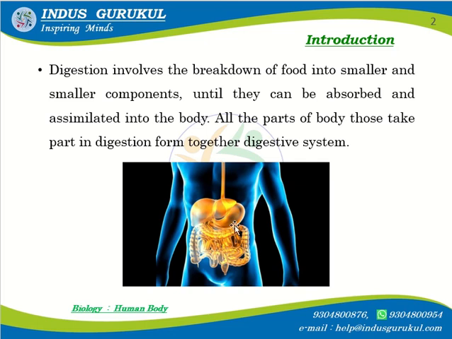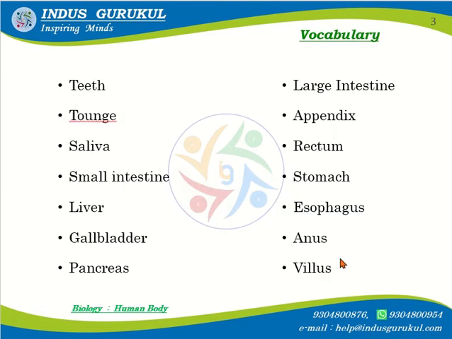It's half the part of it, where the chemical process takes place. You can see the esophagus, liver, the stomach, the intestines, the colon and the rectum. So let's proceed further to understand the different parts which are involved in this system. You can see teeth, tongue, saliva, intestines, large and small, liver, gallbladder, pancreas, appendix, rectum, stomach, esophagus, anus and